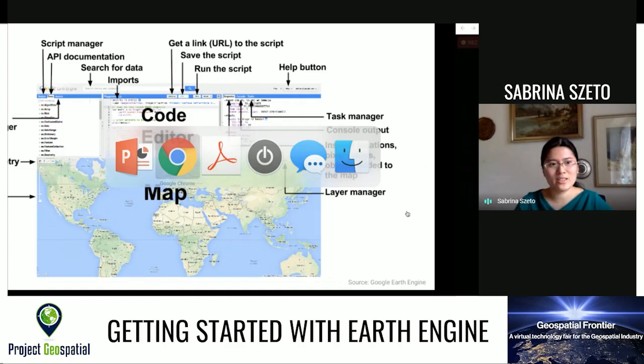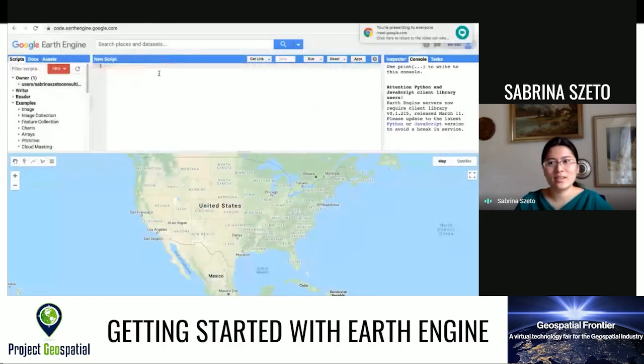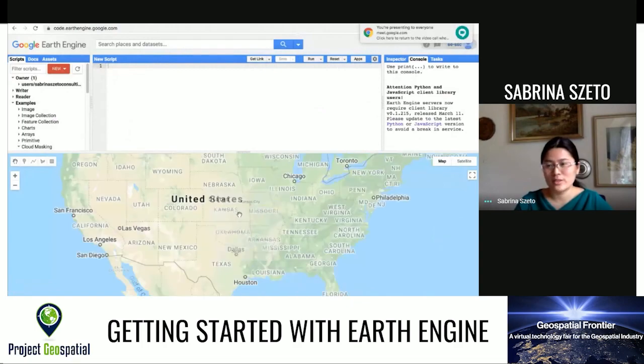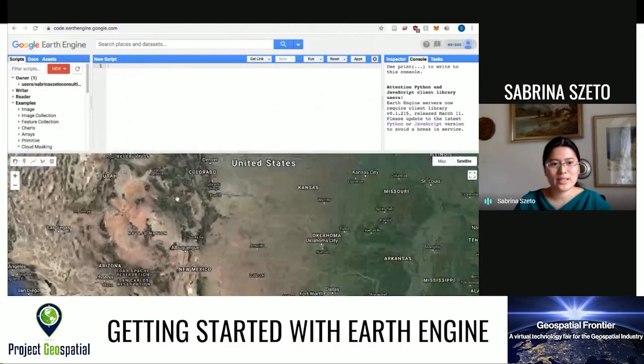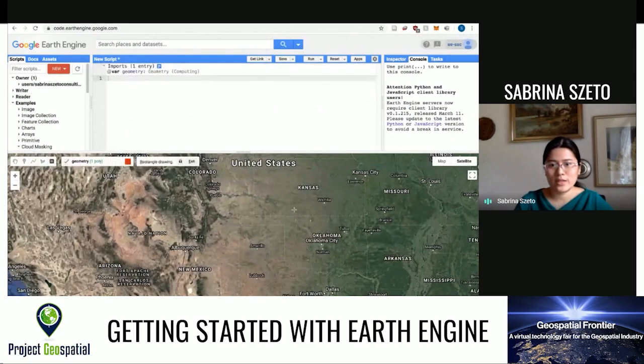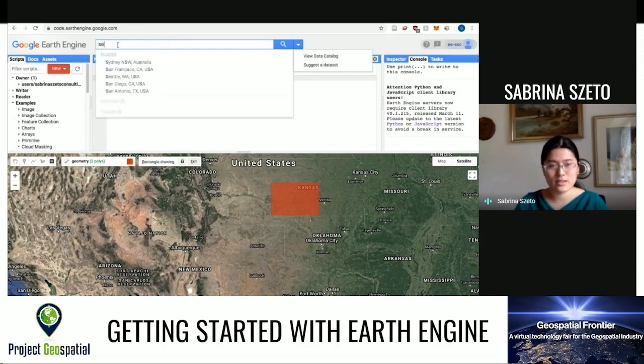So I'm logged in here, and you can zoom in and out in the map window, change the background. You have also access to geometry tools, which allow you to, on the fly, draw simple geometries, which can be useful for creating training data sets or selecting areas of interest. Up here, you can actually search for data. So for example, if you're interested in Sentinel data,